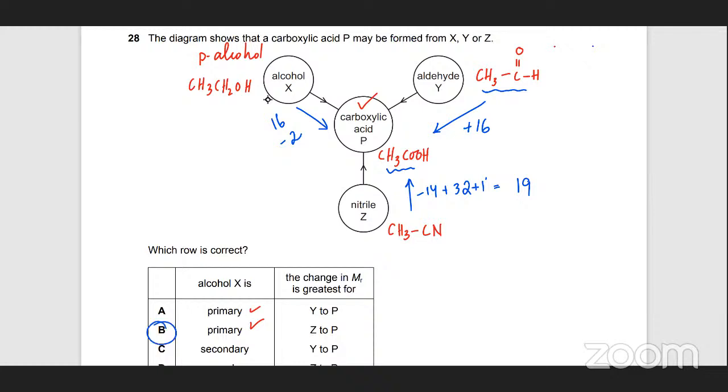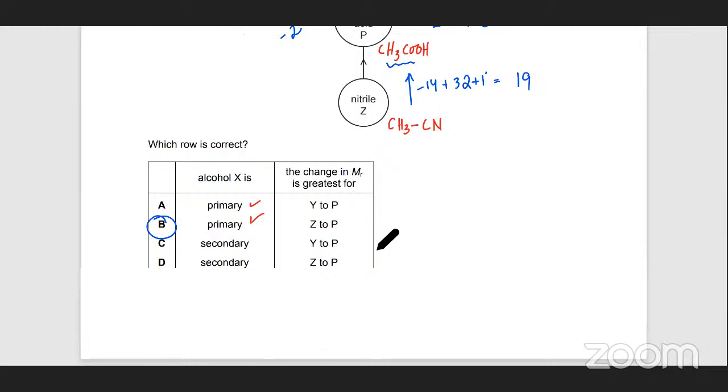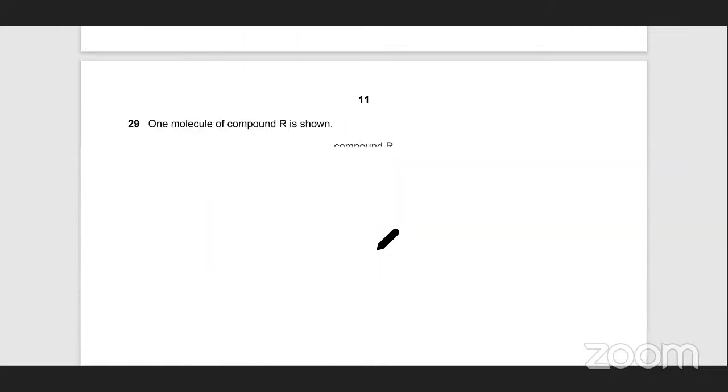Okay? Is this clear? Rida, Heba, is this clear? Abba, is this clear? Okay, yes. Next is